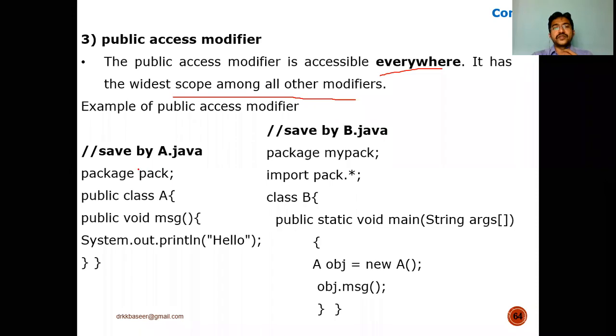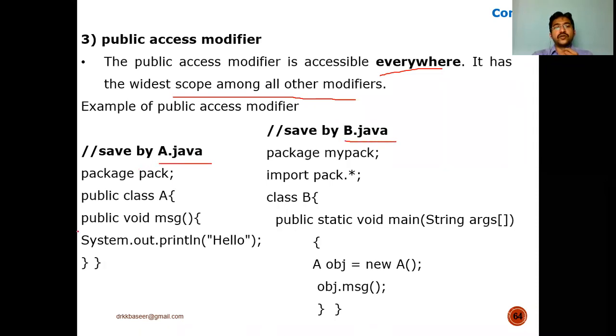The same program, class A.java, and another program, B.java. What I'm doing here is removing protected and replacing it with public. Now I'm not extending anything here. There is no such concept required when you declare the method names or data members as public. There is no need for any inheritance concepts here. There is no need for any extends.